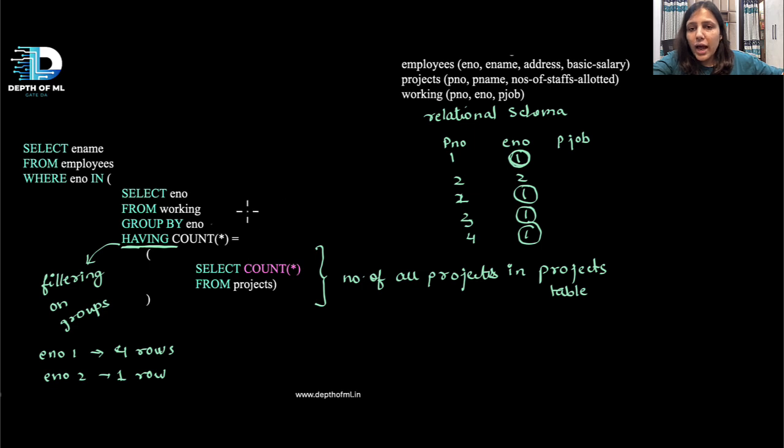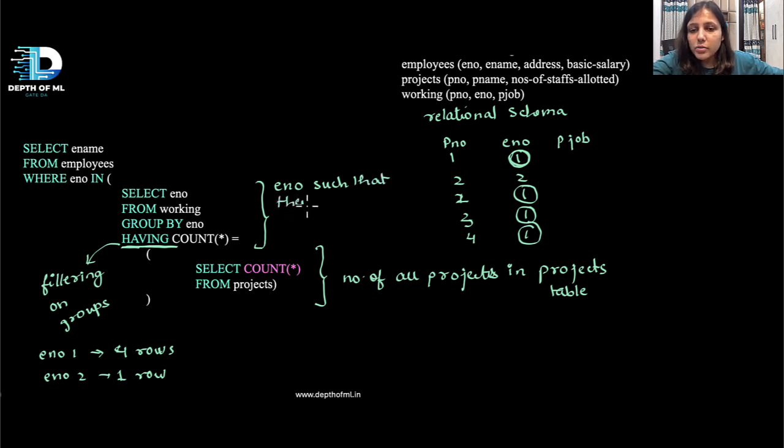The employee will have the count star equal to the number of projects when there is an entry with the employee number corresponding to every project, that is, we have every project in the table. In that case, your employee will be associated with every project and count star will be equal to the number of projects that you have. Hence, this is basically telling us that you are selecting the employee numbers such that